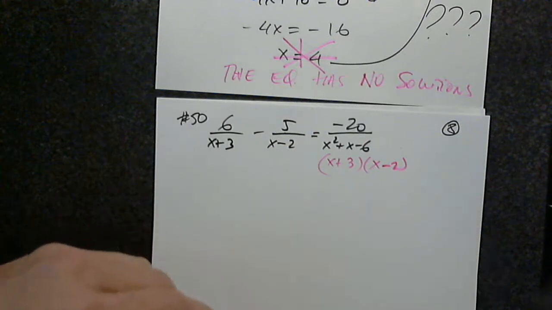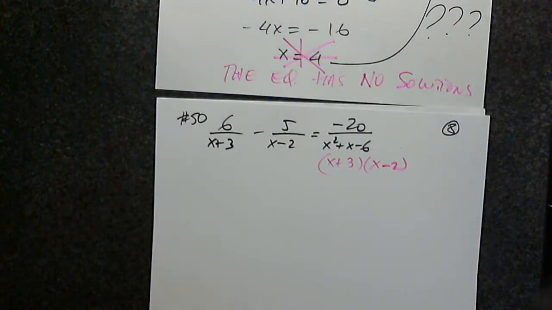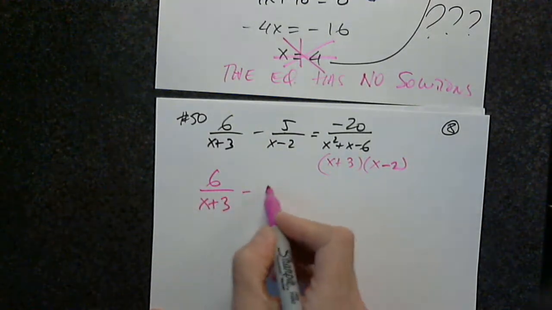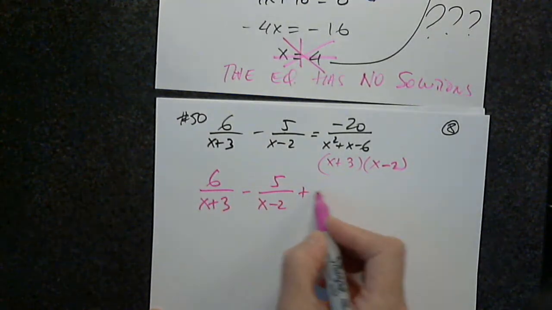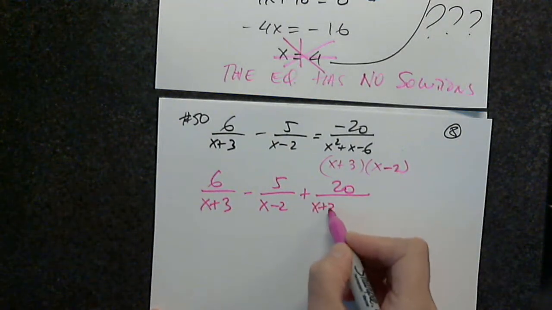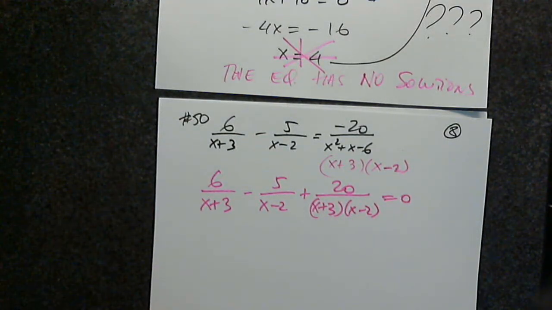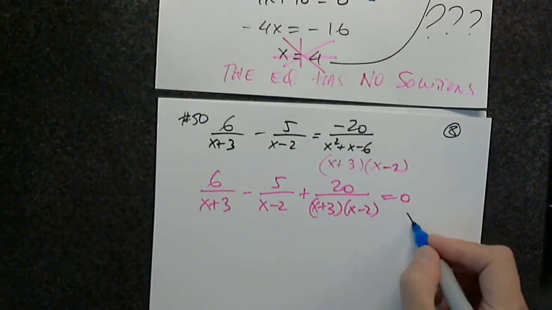Correct. But we still have to factor it before we state restrictions. So this is my first step. X plus 3 minus 5 over x minus 2 plus 20 over x plus 3, x minus 2 equals 0. But you're right. The restrictions are negative 2,